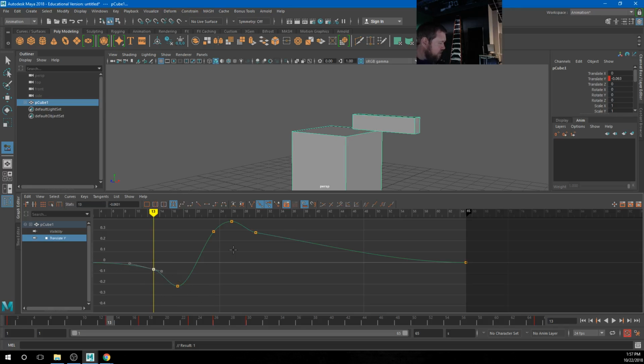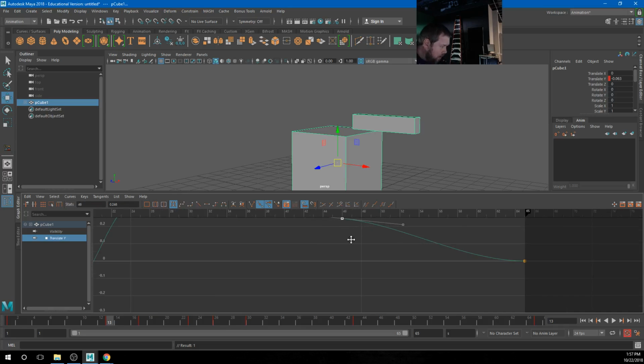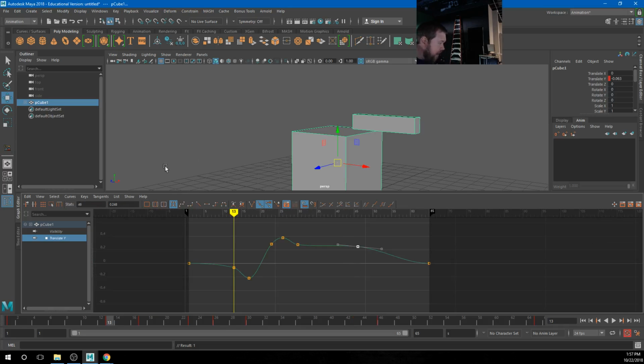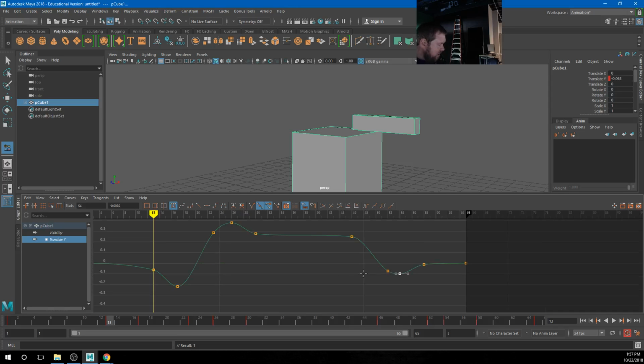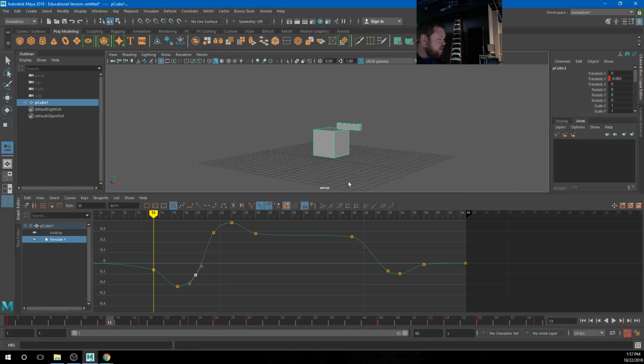So that's the anticipation down. When it sort of hovers there, and then I want it to sort of dip back down again, sort of overshoot that, and then settle to a stop, right? So a little bit of something like this. And so if we watch this on my translate Y,